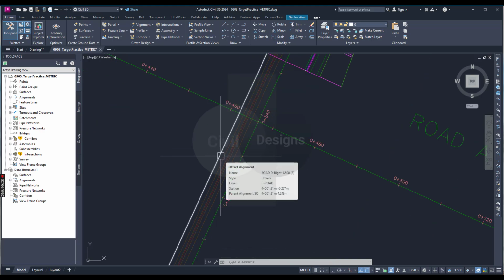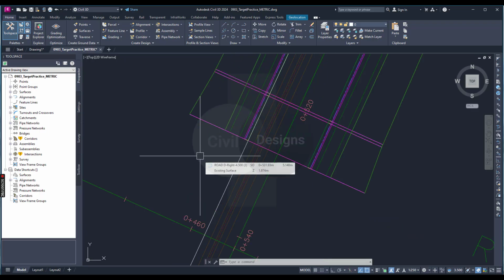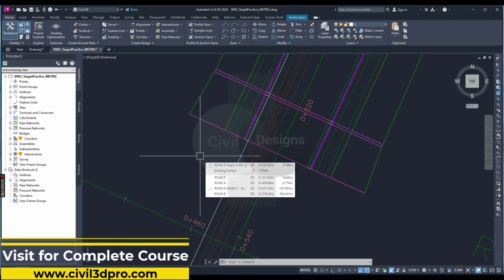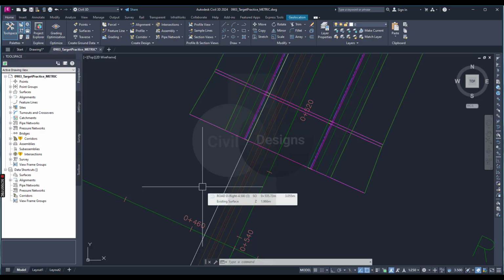You will notice how it lines up with the right edge of pavement. In the previous exercise, we created an alignment from a feature line in the corridor. The difference between an alignment from a corridor and an offset alignment is that the offset alignment remains dynamic to the center line alignment. If the center line alignment geometry changes, the offset alignment geometry will change with it, maintaining